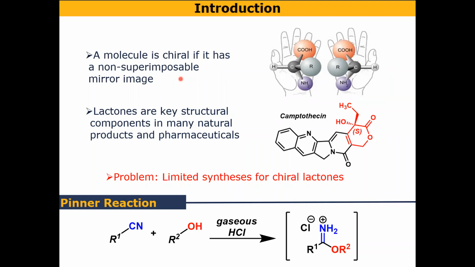A good way to visualize this is your hands. Your hands have the same parts, but they're arranged differently. Being able to target a specific enantiomer, or having enantioselectivity, is very important for drug development, since the human body